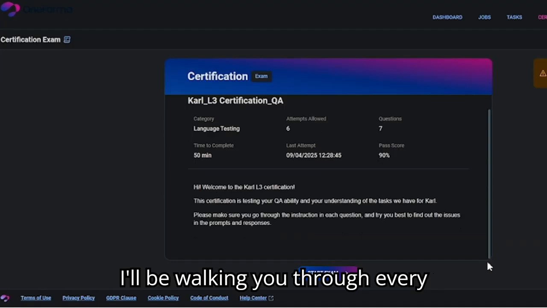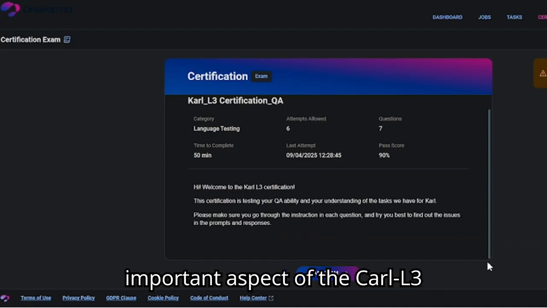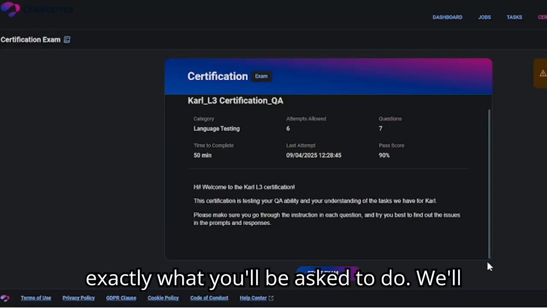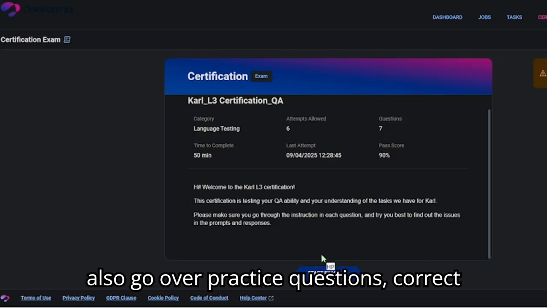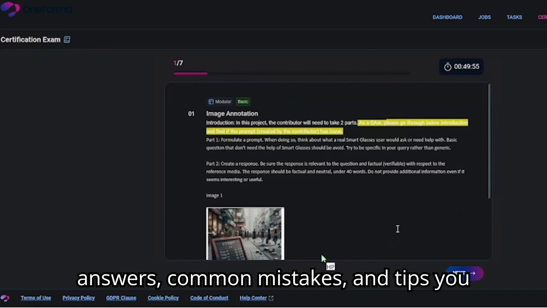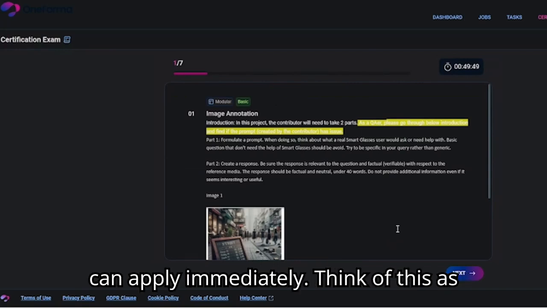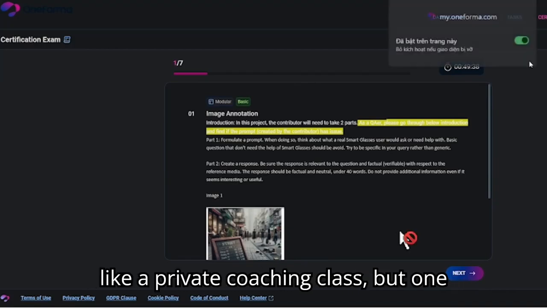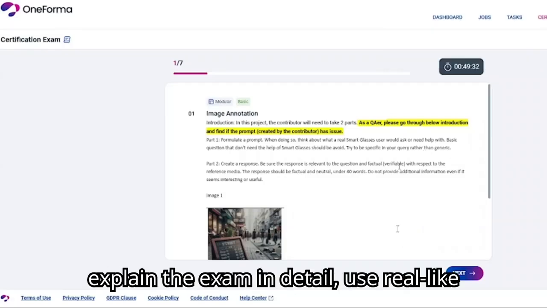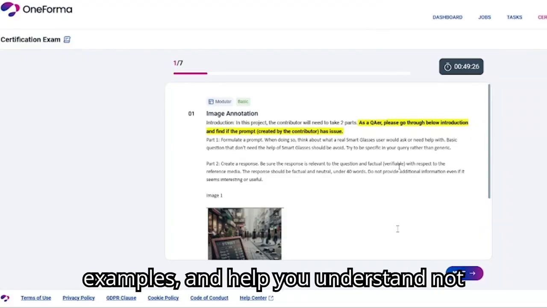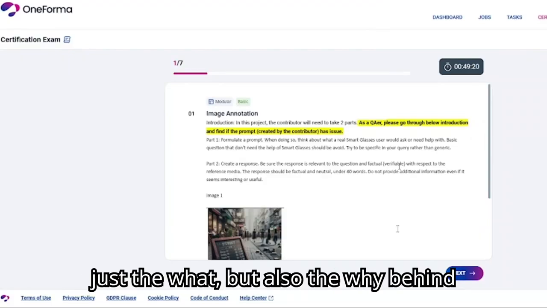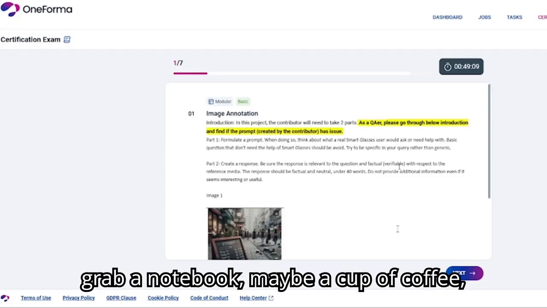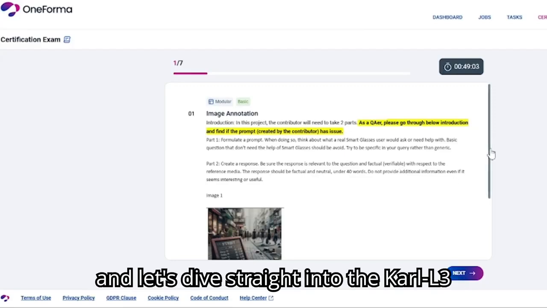In this session, I'll be walking you through every important aspect of the Karl L3 certification. We'll cover what the project is all about, why it matters, and exactly what you'll be asked to do. We'll also go over practice questions, correct answers, common mistakes, and tips you can apply immediately. Think of this as your complete training session, almost like a private coaching class, but one that you can re-watch anytime. I'll explain the exam in detail, use real-life examples, and help you understand not just the what but also the why behind each instruction. So if you're ready, grab a notebook, maybe a cup of coffee, and let's dive straight into the Karl L3